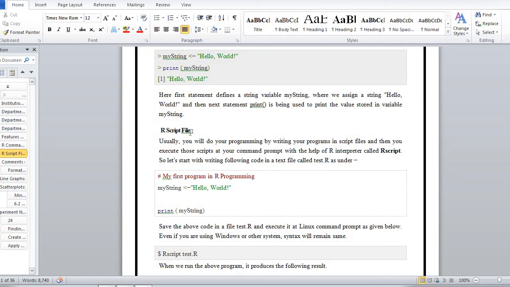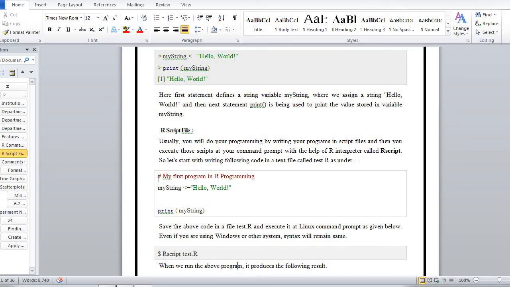Now, the R script file. Usually you will do your programming by writing script files. Then you execute those scripts at your command prompt with the help of the R interpreter called Rscript. Let's start by writing the following code in a text file called test.r.